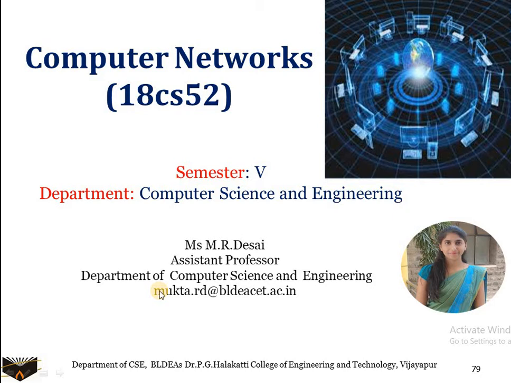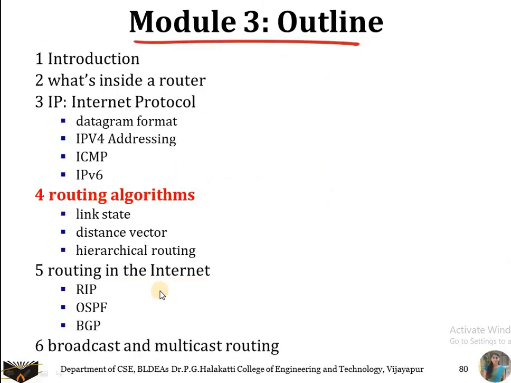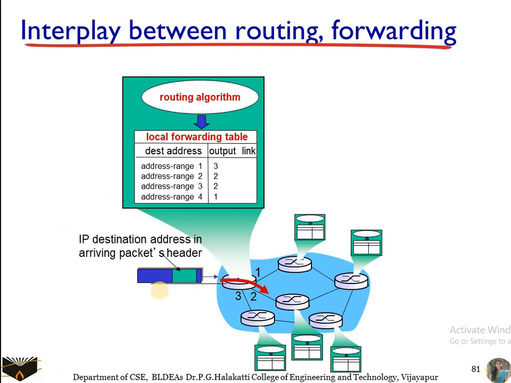Hello everyone, in this video we will talk about routing algorithms. Two main functionalities of the network layer are routing and forwarding. Routing is a path that, from the routing algorithms, we can find from source to destination, and after finding the path we are going to establish a path between the source and destination, and all the packets follow the same path.